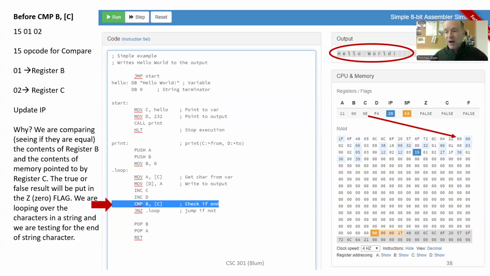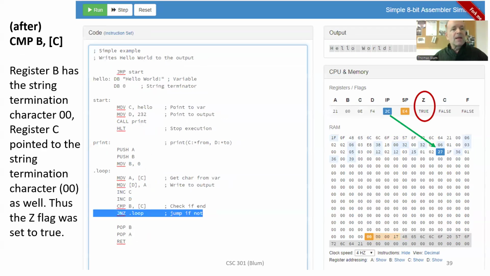And now we are comparing what's in register B, which is 0, to what's pointed to by register C, which is that string termination character, also 0. And this time when we do the comparison, we're going to get true. So right now, this is the before. We're getting ready to make that comparison. The Z is false, but after this comparison, we're going to move to true. So we make the comparison. We're comparing what's in B, 0, to the string termination character 0, and we have Z is now true,